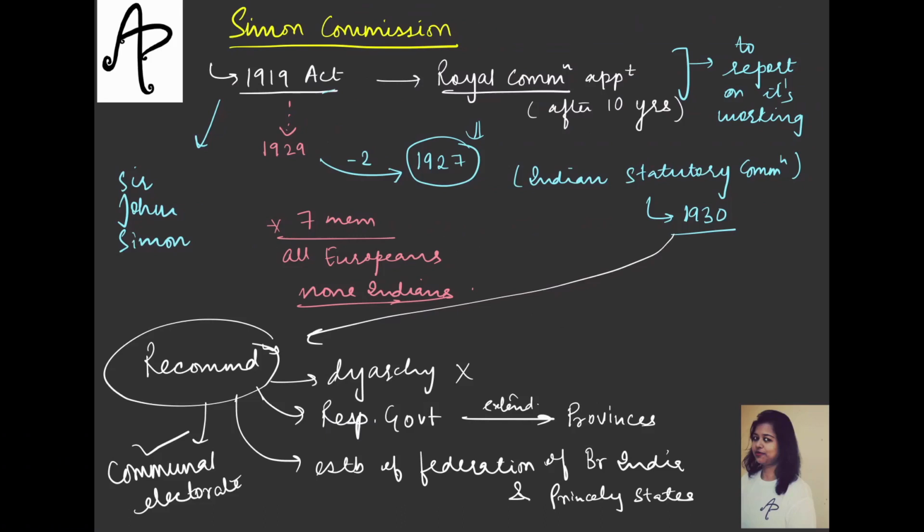Okay. Now, when the British got this report from the Simon Commission, of course they wanted to discuss it, they'll not just blindly follow or reject anything. So to discuss the Simon Commission recommendations, the British called 3 round table conferences. I assume again, at least you would have heard about it. Okay, so they were called by the British government so that we can consider the proposals of the Simon Commission and accordingly discuss what we need to do in the future. And then based on the discussion,